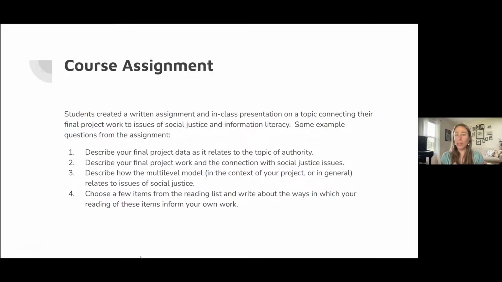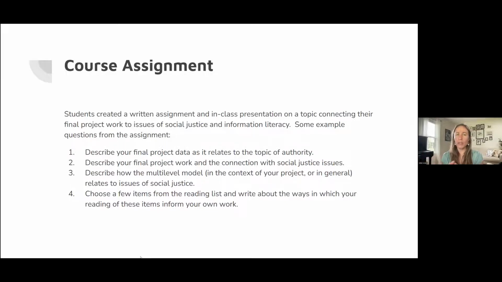It's my first time doing it, so I kept it pretty free form, where I gave them some prompts, which I've copied in the slide here, so you can take a look at those. But the basic idea was that they could choose one of these prompts or choose on their own a way to connect these concepts that we talked about regarding information literacy and social justice, and the classwork.